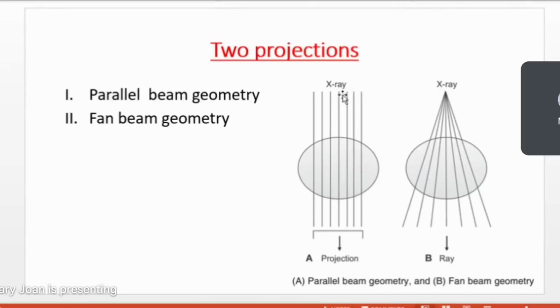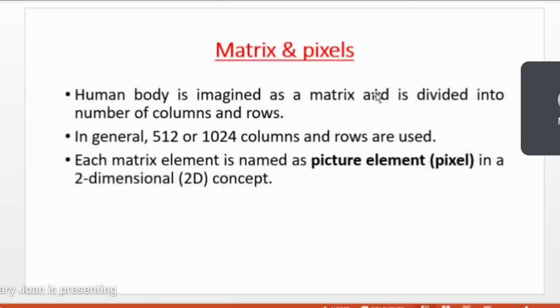These are the two major geometries which we utilize to get the images in CT and X-rays. Another terminology is matrix and pixels. In the image, we imagine the human body as a matrix divided into a number of columns and rows. In general, 512 or 1024 columns and rows are used, either 512 by 512 or 1024 by 1024. And each matrix element is named a picture element, or pixel,